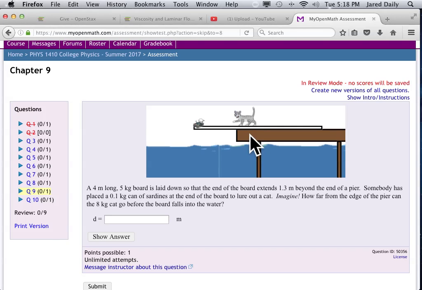The hardest part of that problem was sorting out all the distances, because you want to measure the distances to every force from the same point, but the board is sticking out over the edge and you want to know the distance from the edge. So that was the hard part. And then you end up doing the sum of the forces in the y direction, and then the sum of the torques about a single point, and you solve them both. But that's just a recap of how I approached that problem two different ways. And if you don't need to see it again, then we're fine and we'll move on.